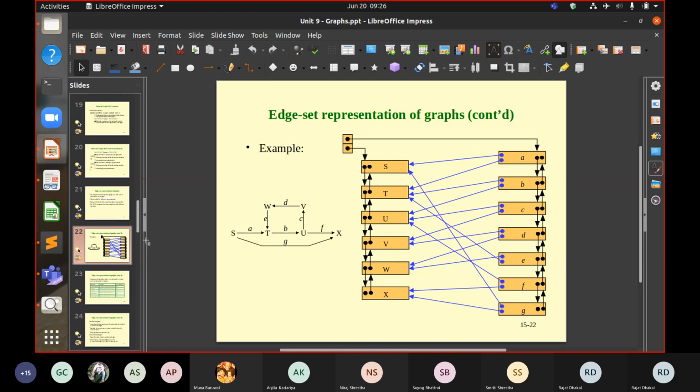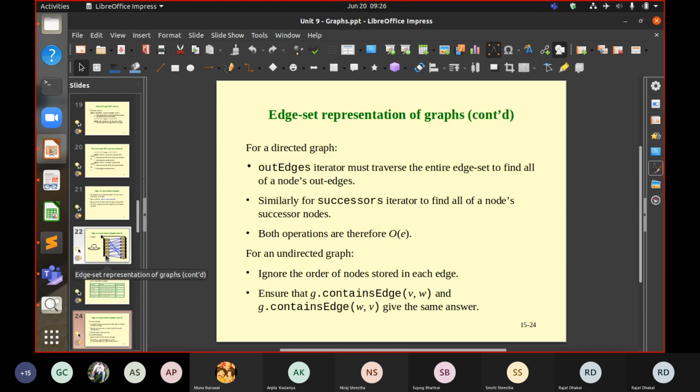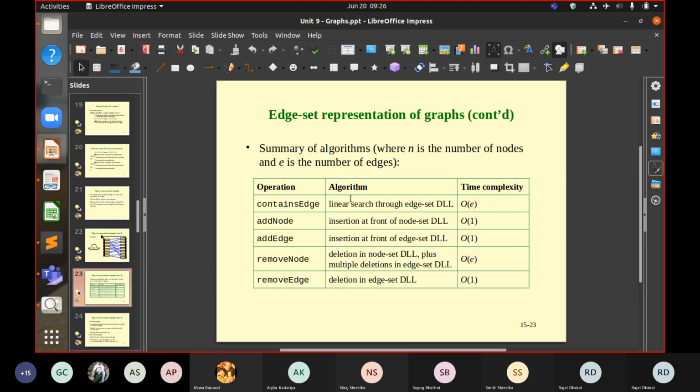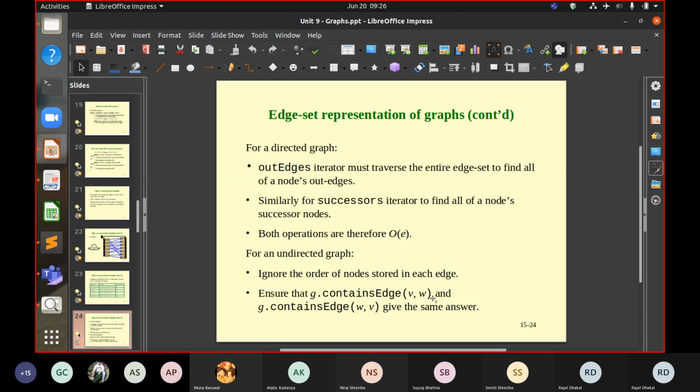Similarly with all of this, in an edge set representation, the node set is represented by a DLL, and the edge set is also represented by a DLL, and then the order is considered. Ensure that for an undirected graph, graph G's contains edges, meaning this operation here, which linearly searches through the edge set DLL, gives the same answer.